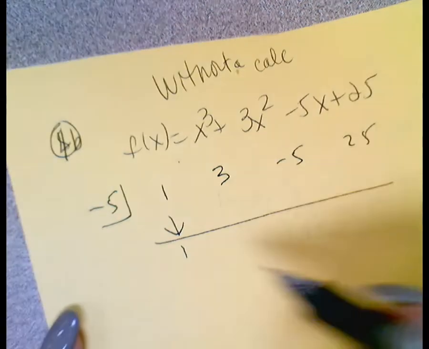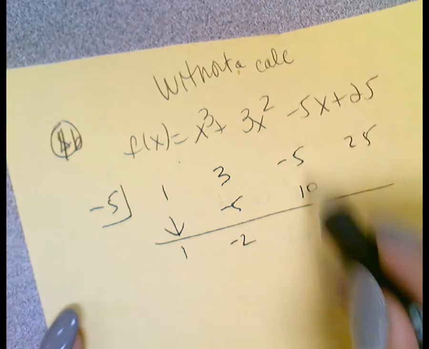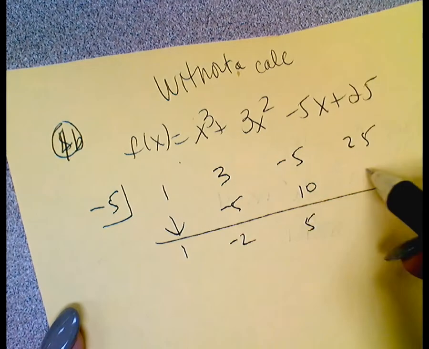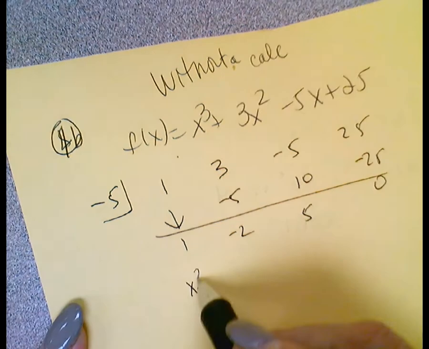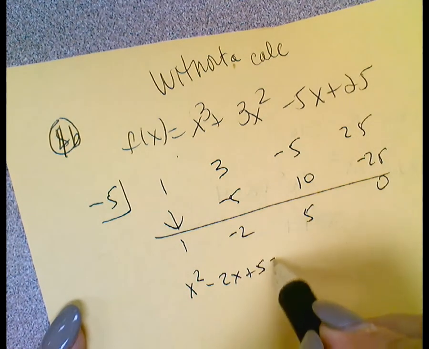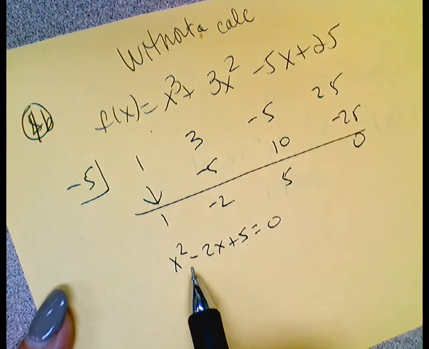Bring down the 1 times -5, add -2. Multiply, 10. Add, and multiply. So -5 is definitely a 0, and then this is quadratic. So put in your variables, set this equal to 0. Now in this particular problem, there are no factors of 5 that add up to -2, so we're going to